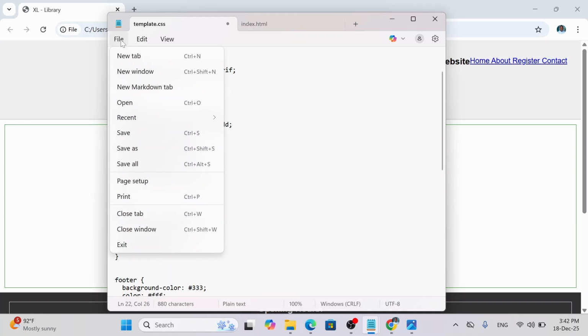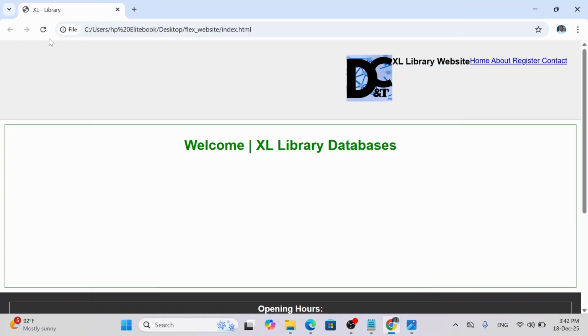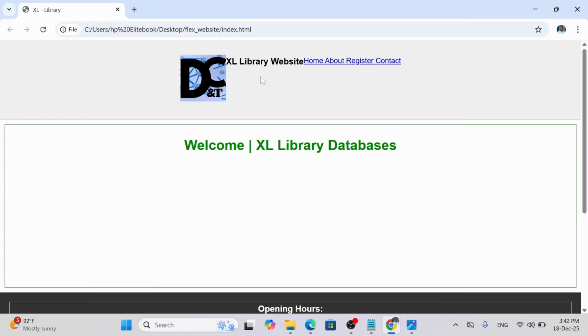And so I click file and I click save. I refresh. So when I click center, it comes to the center. Flex start, flex end, and now center. So the fourth one